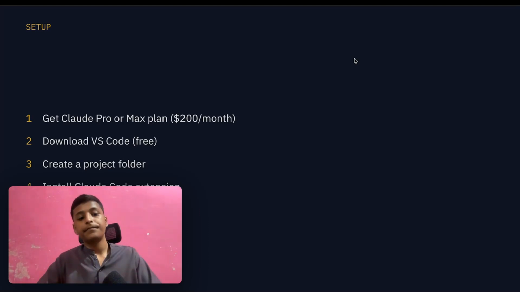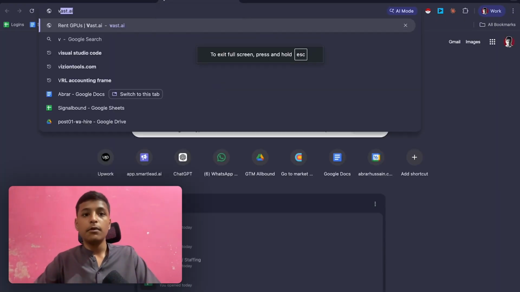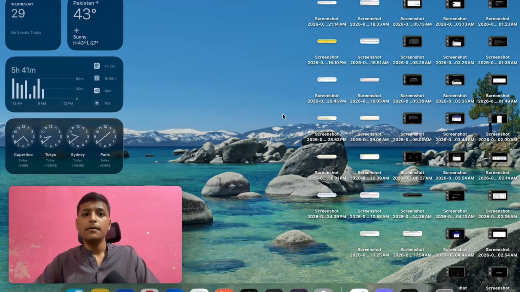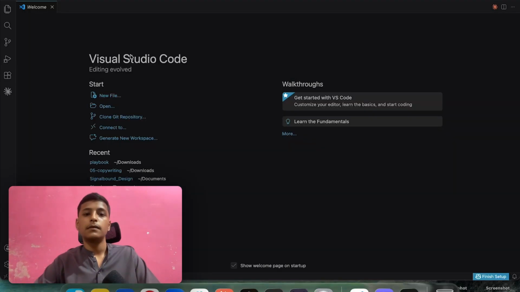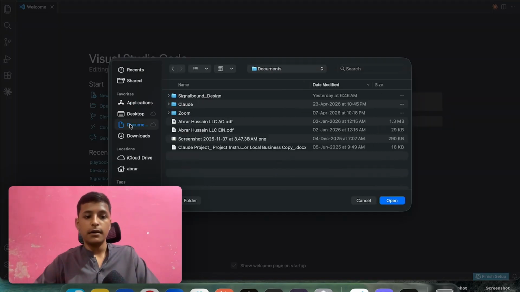Step 1, download VS Code. VS Code is a free app. Google VS Code, download it for your operating system, and install. This is where you see everything Claude is doing. On the left, you see the files. So let's open the folder you are working in right now. In this case, I can open my folder,